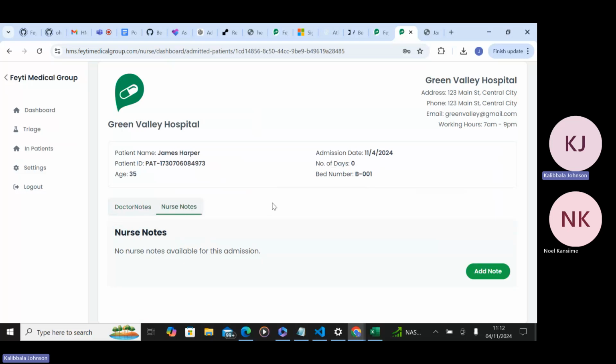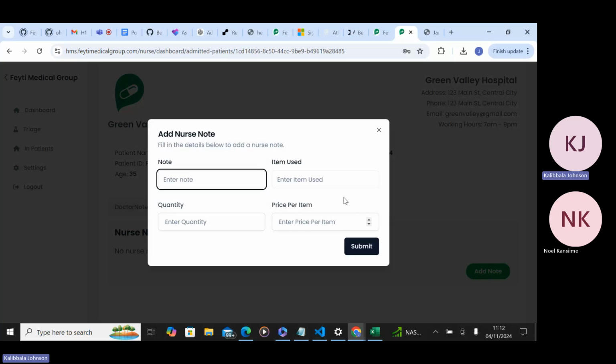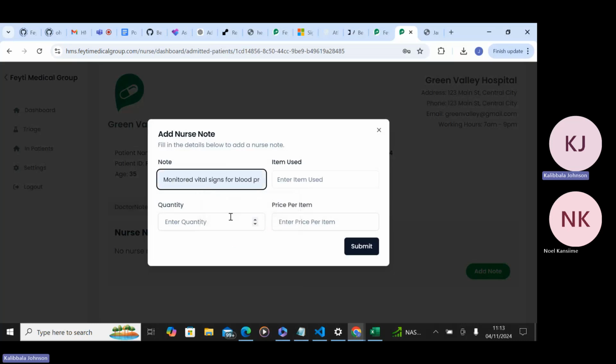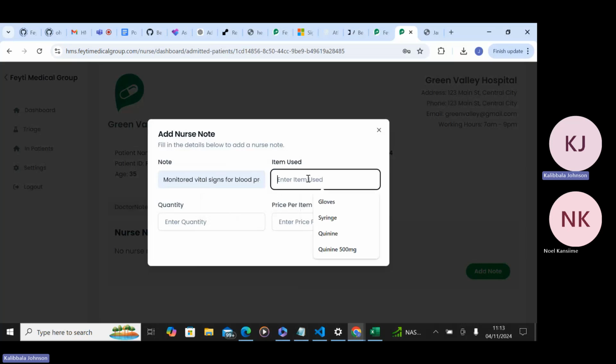So they can also add a note on the different utilities that they will be using on the patient. So they can also enter the note. That is also optional. Probably they can just enter that, monitor the vital signs, and then they can use the